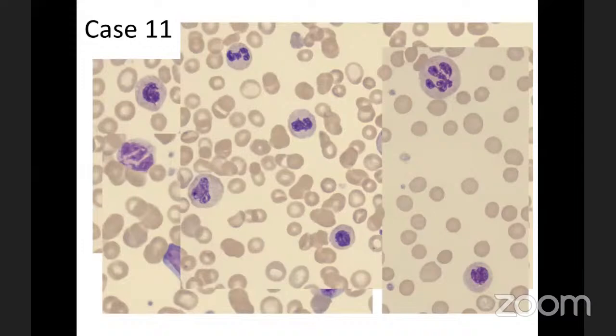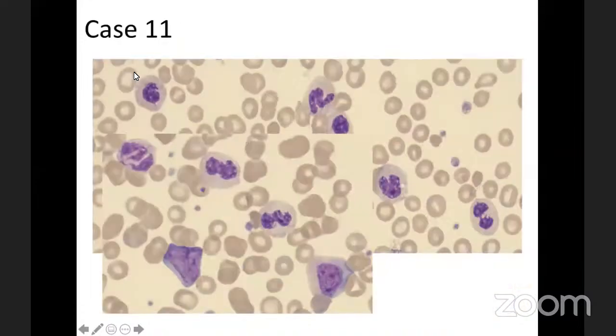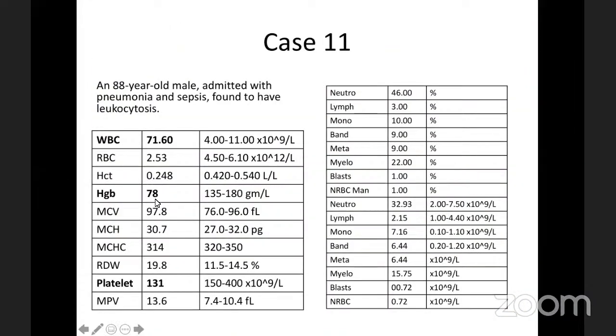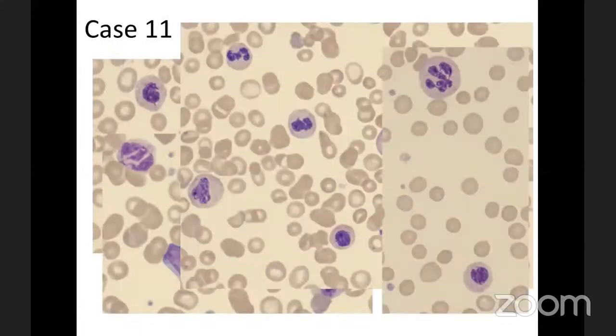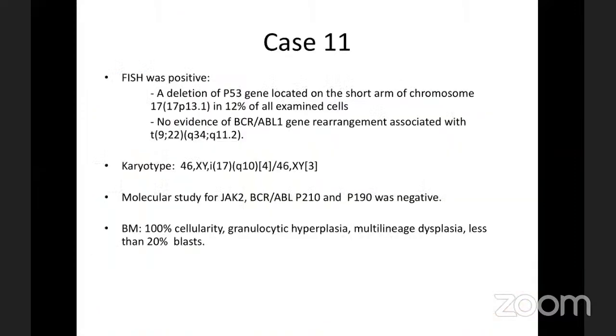MDS, a nice differential also. However, in MDS, you need your cytopenia, and we don't have cytopenia in this case. We have a leukocytosis. Let me check. Yeah, we have anemia, platelet mildly low, and we have the leukocytosis. So MDS could be, yeah, you need your bone marrow to confirm this also. So clonal cytogenetic abnormality is also present. MDS, MPN, yes. So this patient was found to have